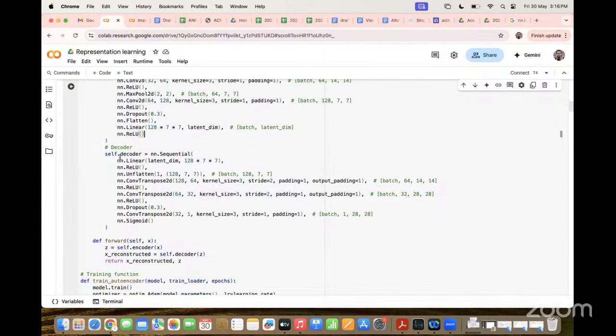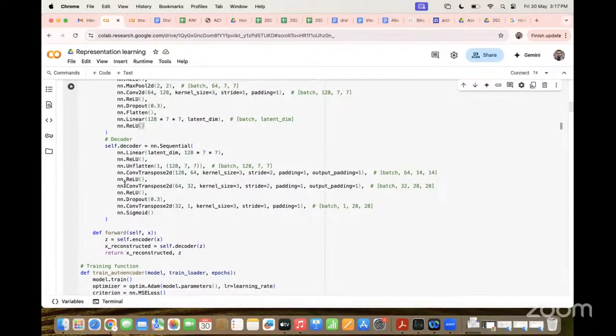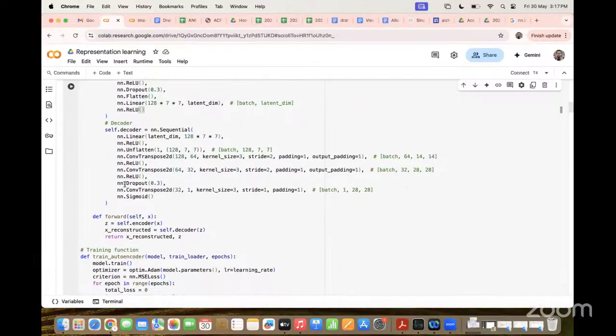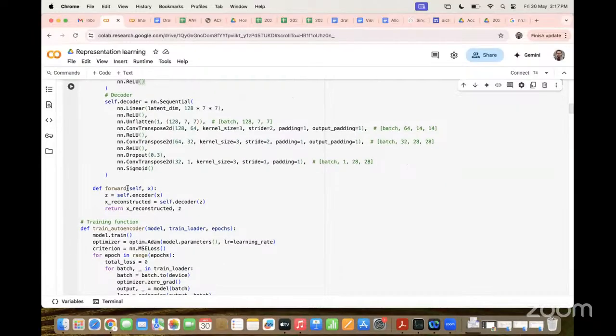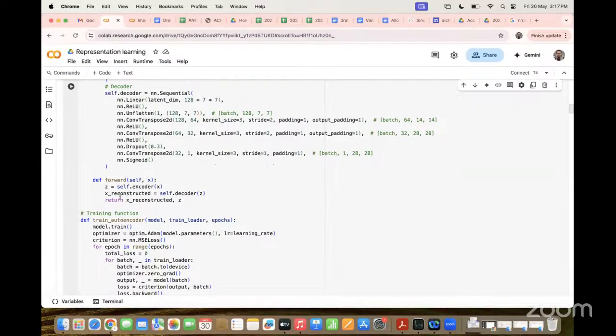The same way we did in the encoder part, we do here in the decoder. Kernel size 3, same dimensions, but it's opposite. Third part, we call it our autoencoder.